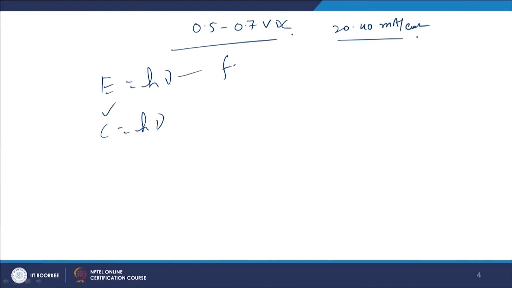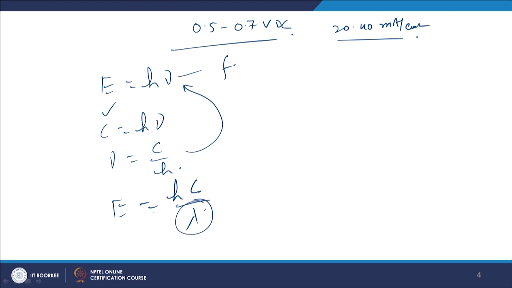And as you know, the photon which is coming from the sun has certain energy, and the energy is h nu, where nu is the frequency of the photon. If we do not know the frequency, then C is equal to nu lambda, where C is the speed of light, so nu is equal to C by lambda. Then energy is equal to h C by lambda. For a particular light or wave, we know the value of lambda, so we can estimate the energy.